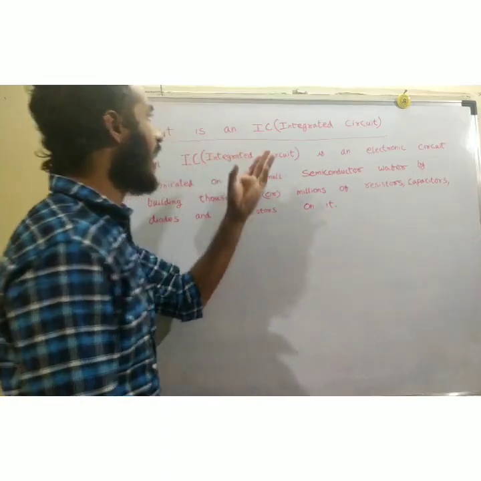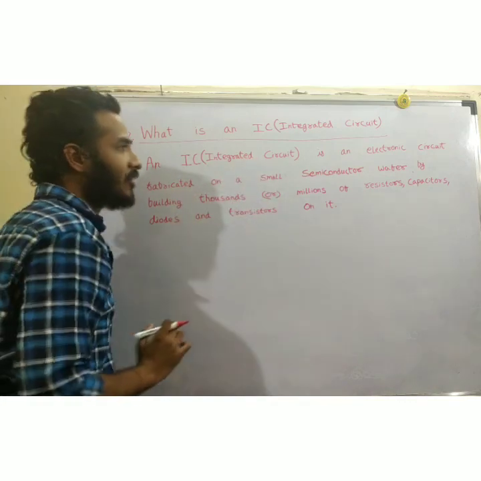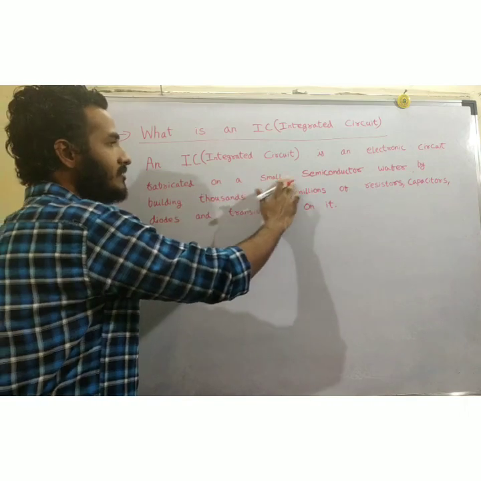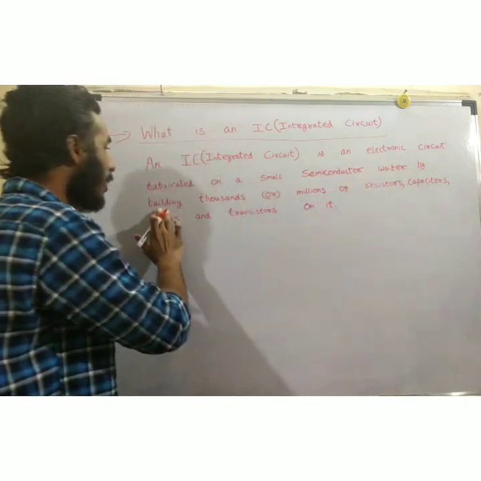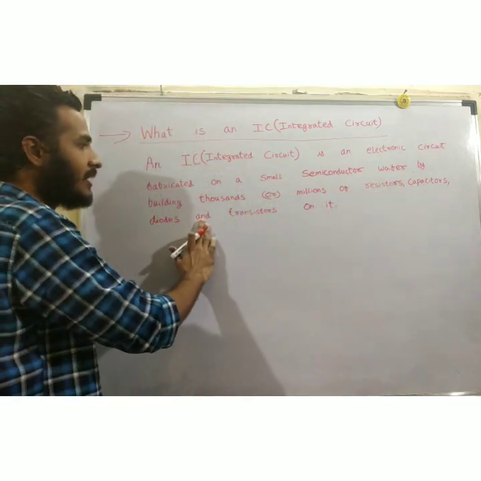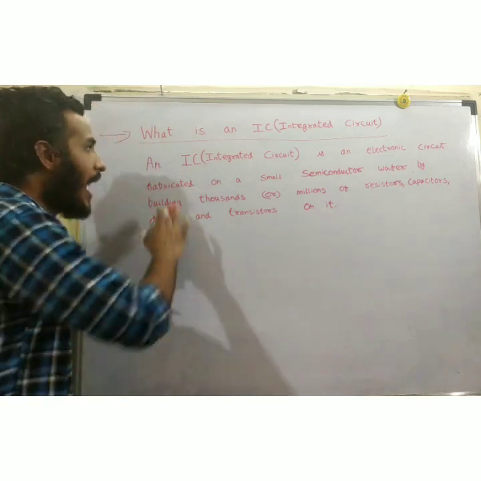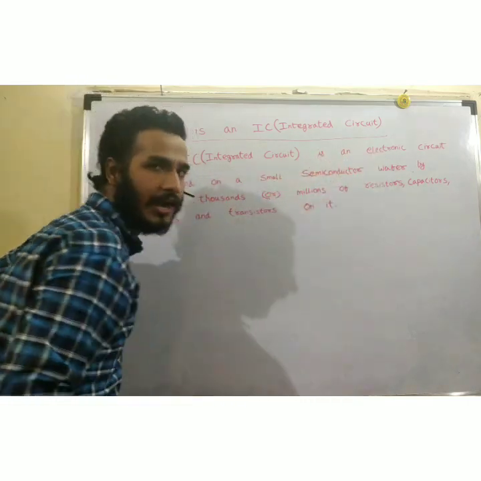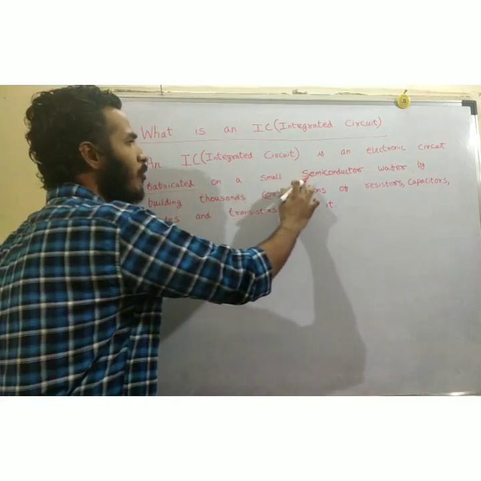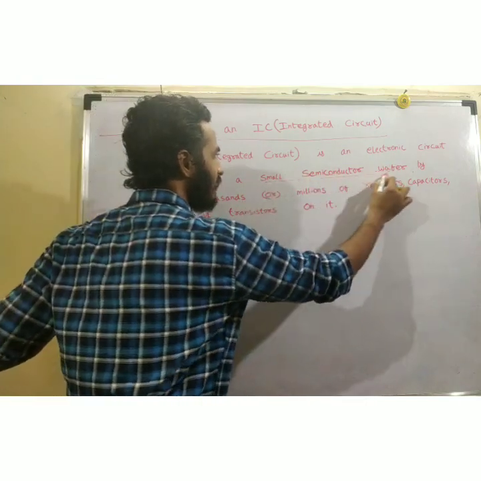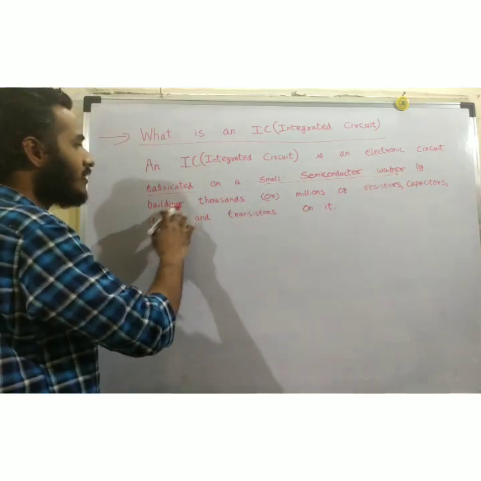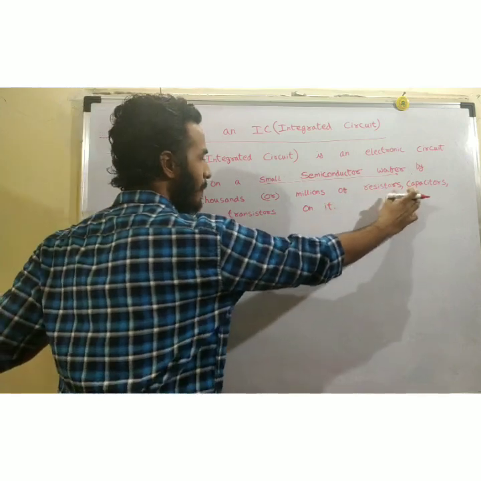Now we will see what is an IC. An IC, integrated circuit, is an electronic circuit fabricated on a small semiconductor wafer by building thousands or millions of resistors, capacitors, diodes and transistors on it. Means what? An IC is an electronic circuit. It is an electronic circuit fabricated. Fabricated means constructed on a small semiconductor wafer. Small semiconductor wafer means a small thin slice from a silicon crystal, by building thousands or millions of resistors, capacitors, diodes